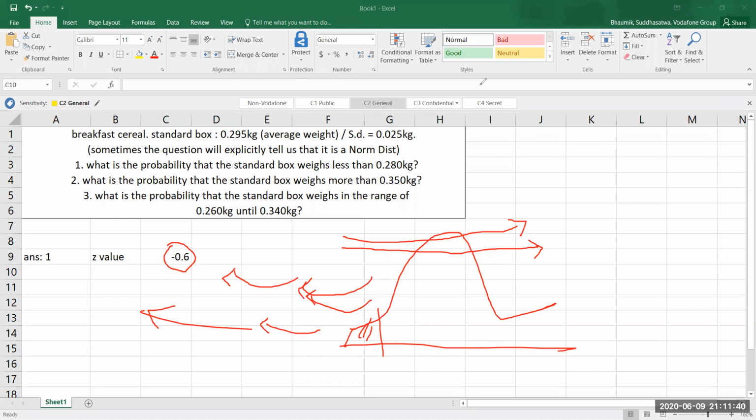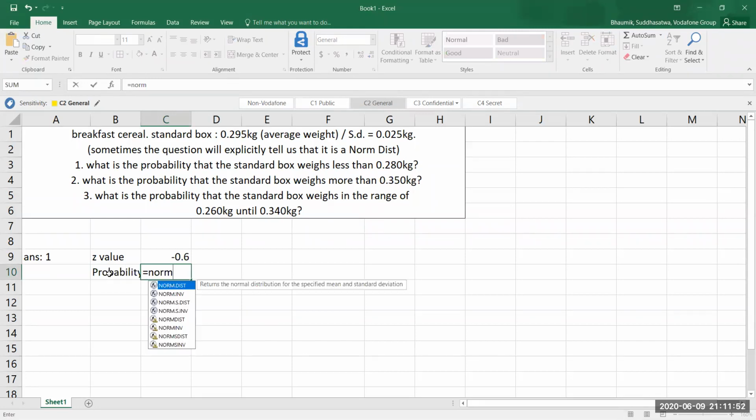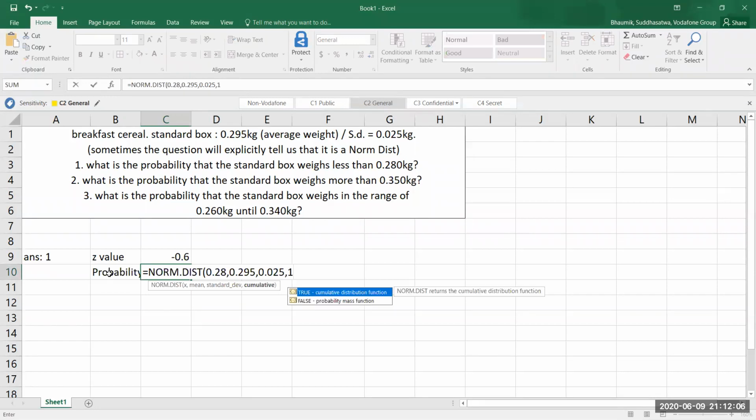Now I just have to put this into a formula and my job will be done. Let me put this into a formula and then we can close the call. Probability. I'm going to use a formula known as norm.dist, normal distribution. It asks for 4 values. I put the x value, which is 0.28. I put the mean, which is 0.295. I put the standard deviation 0.025, and the last value is 1. I will tell you